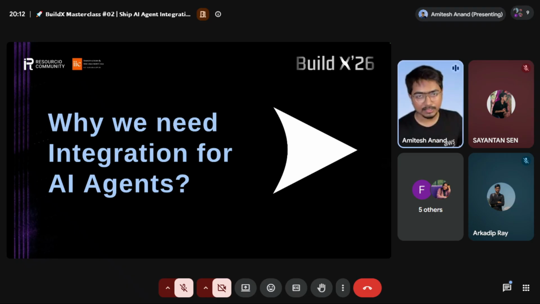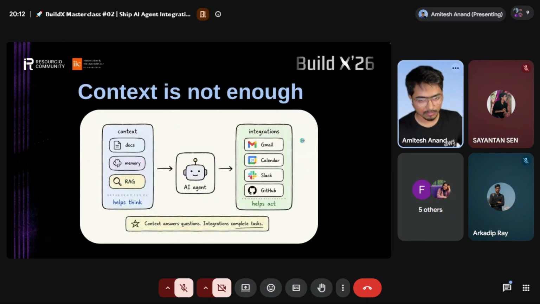So why do we need integrations for AI agents? There are lots of frameworks, lots of vector databases, and lots of other stuff. For agents, everyone was talking about the context layer last year. Context is good. You can pass context from docs, from an MD file, from memory, or from vector DB storage. But that's not enough.